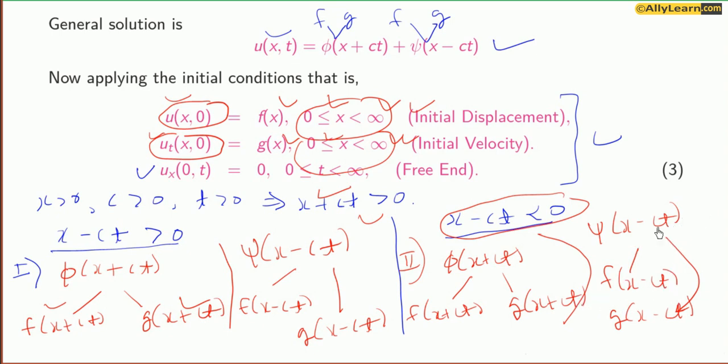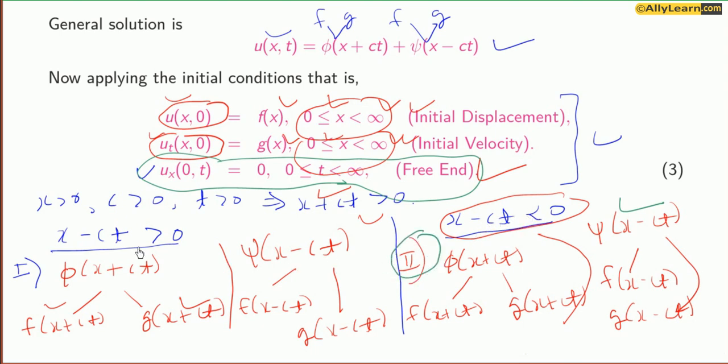So just for this case, I need to apply a new approach, and that will be done using the free end condition. So friends, this free end condition, that is u x at 0 comma t equals 0 for all time t, will be exploited only for finding the value of psi of x minus ct in this second case, when x minus ct is negative. For all other parts, that is calculating phi of x plus ct in the first and second case, as well as psi of x minus ct in the first case, we will just be using the first two conditions,